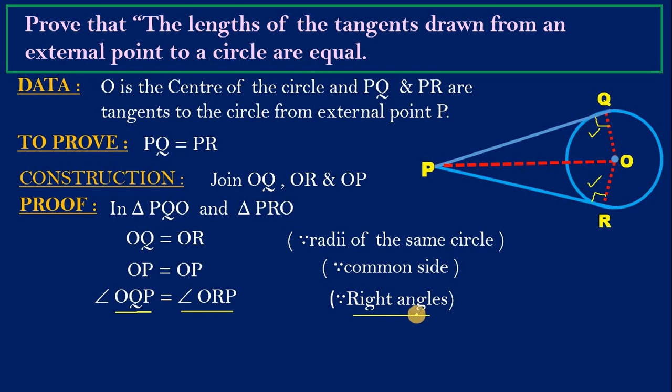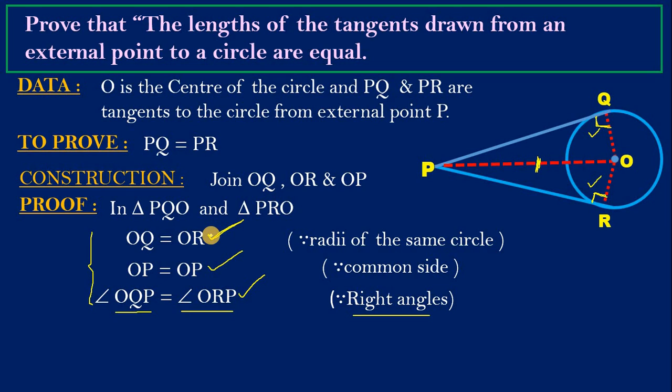Why these are right angles? Just now we proved in the last theorem. The radius is perpendicular to the tangent. Now here we have this is one pair of side, this is another pair of side, and this is right angle. And here, this OP children, OP has become hypotenuse. So this is the right angle triangle and this is the right angle triangle. This is hypotenuse for both the triangles. So here this is a hypotenuse.